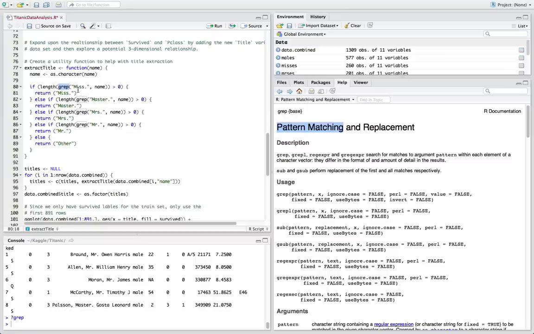We're going to say, if you recognize the pattern of miss within the name, and the length of that is greater than 0, which tells me you found it, just return miss as a string. Do the same for master, Mrs., and Mr., and if you find something else, just return other. Great, that's a pretty simple function, right?